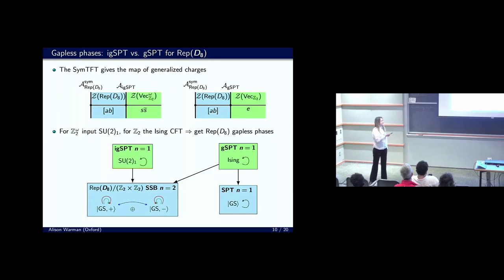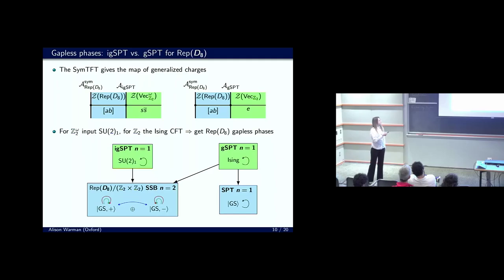Well, since this is Z2 reduced order, we can input the Ising CFT, and then from the map of generalized charges, we again get the Ising CFT, where here the Z2 is realized in terms of Rep8. What type of SSB is this? As I said, if we choose the electric boundary, we get this phase with an order parameter given by AB, which is charged under the non-invertible symmetry here depicted in blue. So this is completely invariant under the Z2 one-dimensional irreps, green and red, generated by the green and red. But the two vacua are exchanged by the two-dimensional E irrep.